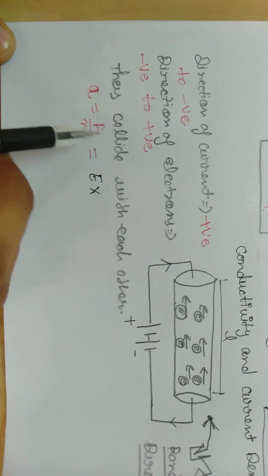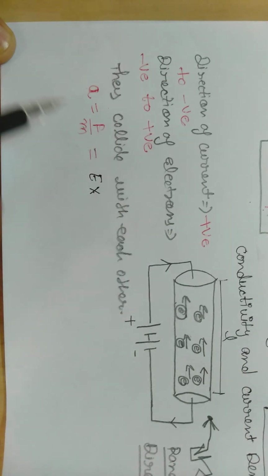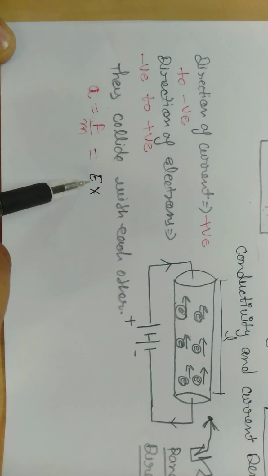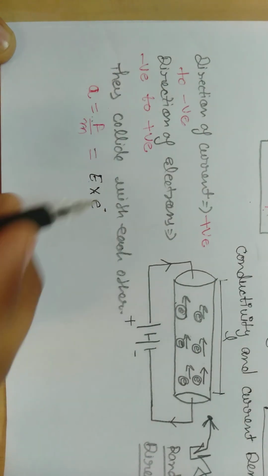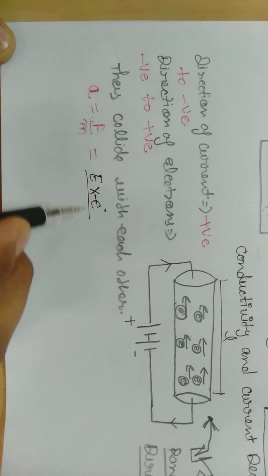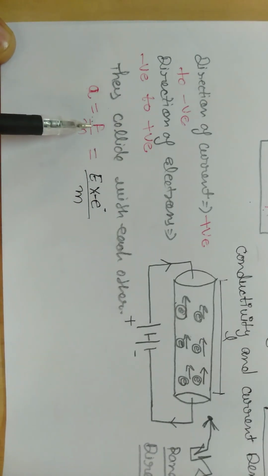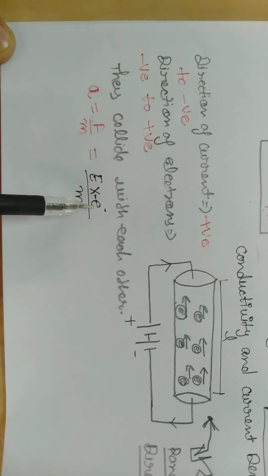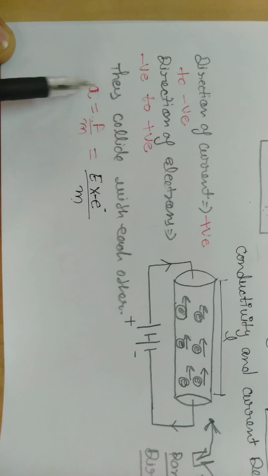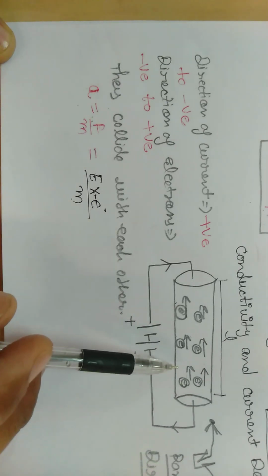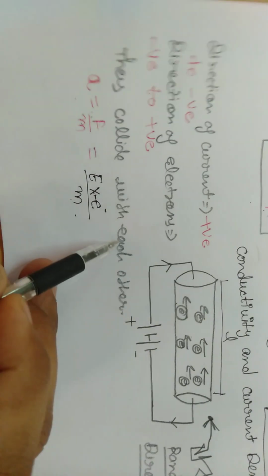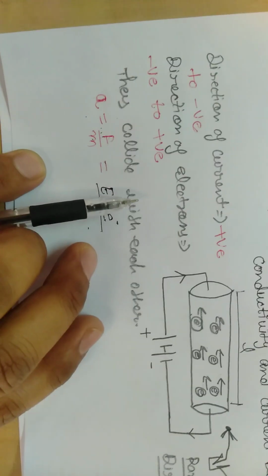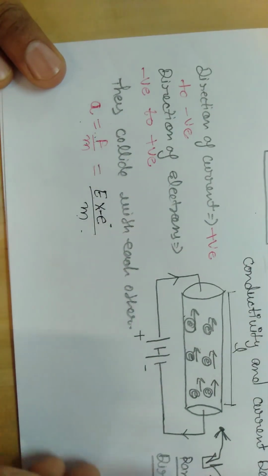So the force of the electric field is equal to the electric field into the charge on one electron. The charge on one electron will be minus e, and divided by m. The value of acceleration is equal to the electric field into the charge of the electron divided by the mass. So that is the acceleration with which it is moving through the conductor, and it is moving in random directions. During this random motion, when it is colliding from one electron to another electron, there is a time in which it has the time